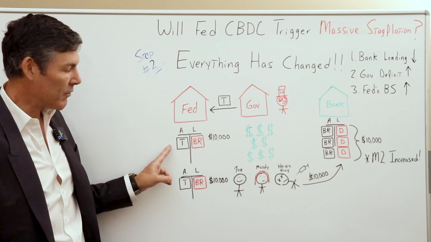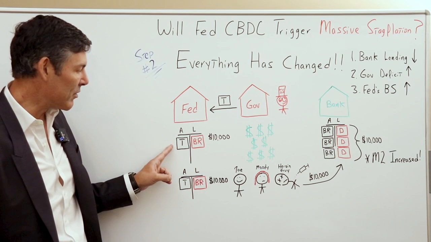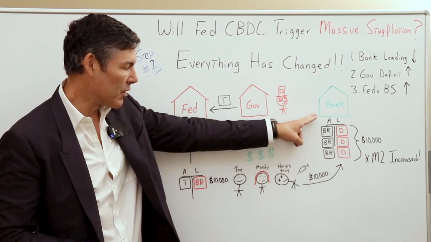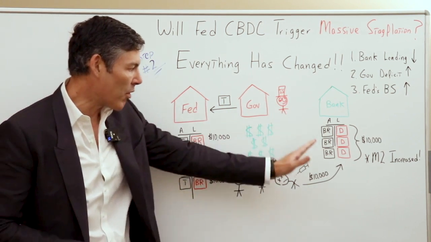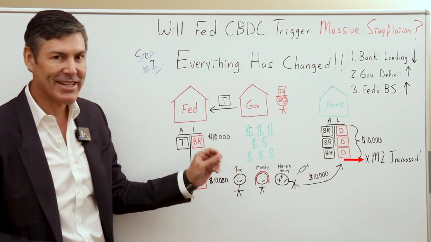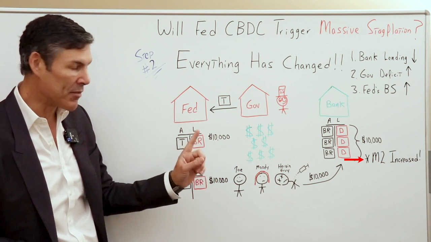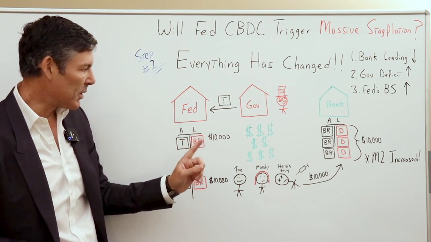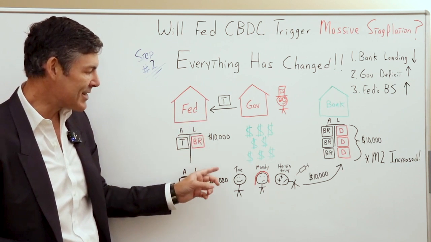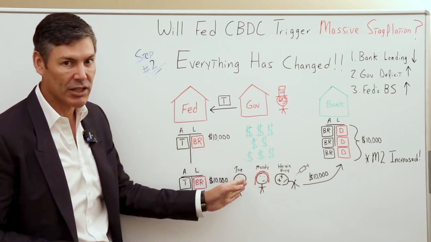One thing I'd like to point out, the Fed's balance sheet does not change at all. The only thing that happens is the bank reserves move from one account to the other account. And what has happened throughout this process is M2 money supply has increased. And the reason, I'll state it one more time to make sure we're all on the same page, is because the treasuries were purchased directly from the Fed by creating bank reserves instead of purchased by the individuals and entities in the real economy using existing dollars.